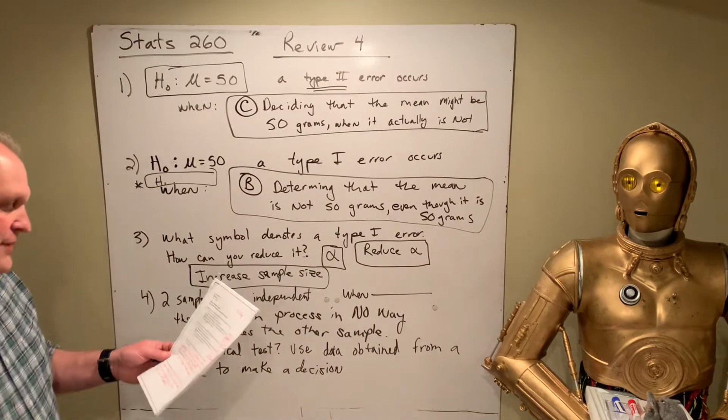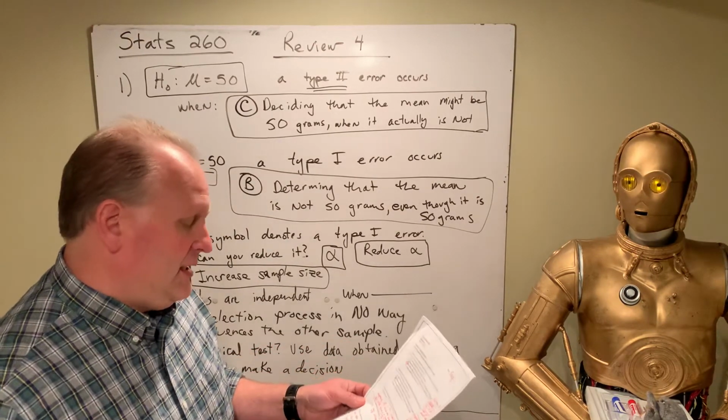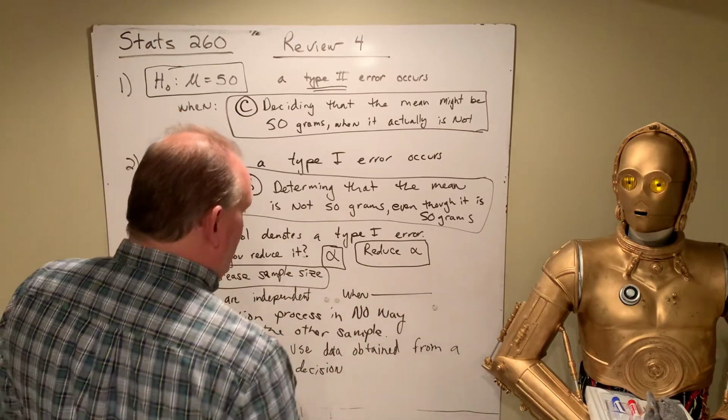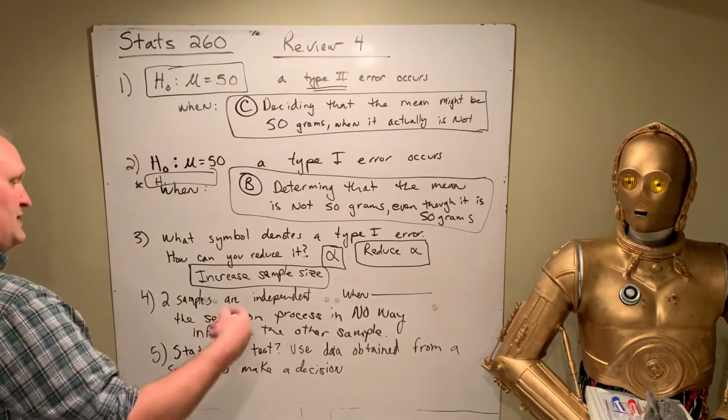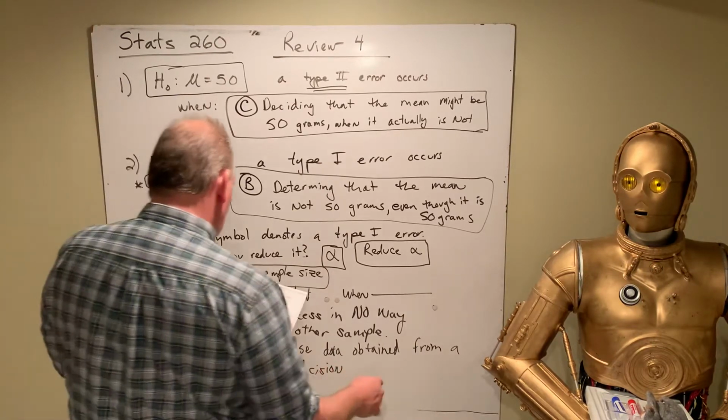And so when we think about making a decision to reject the null or fail to reject the null hypothesis about the population, you use the sample to make a decision to reject